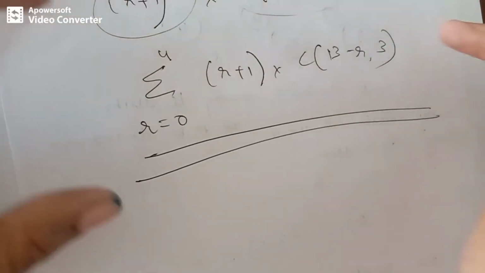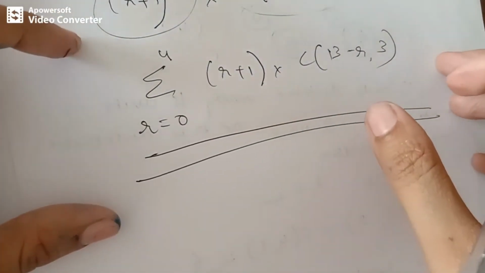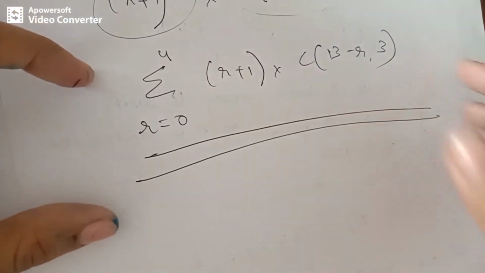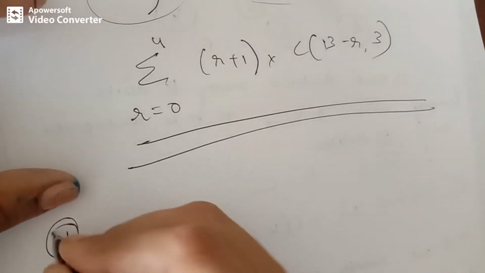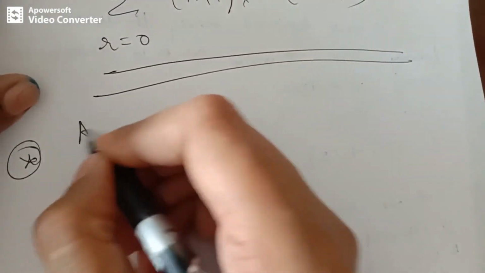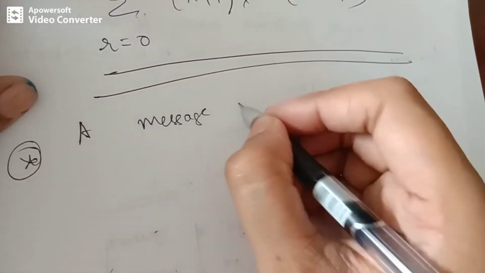So this is the exact number of ways in which boxes may be given as per the rule. So this is the answer you need to finalize. Next question, a very important question: let's say a message is